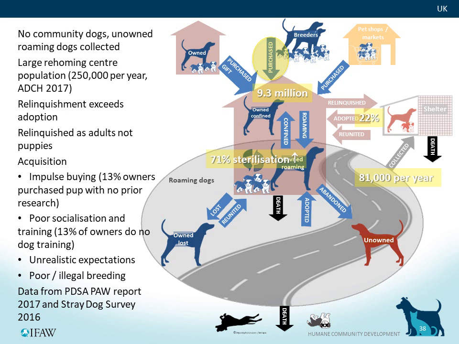We don't just have one population of breeders, we have several subpopulations within them. So everything from your Kennel Club registered pedigree breeders through to puppy mills, through to illegal import of puppies from elsewhere in Europe. So this process of purchase has been researched in much more detail than is suggested by my relatively simple model. And I'll go into some of the interventions that have been launched as a result of that more detailed research.